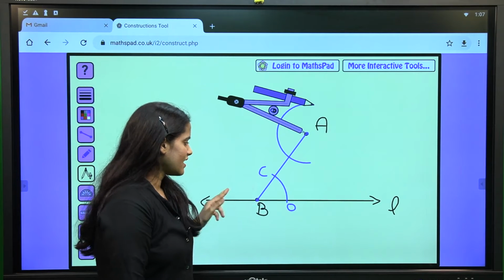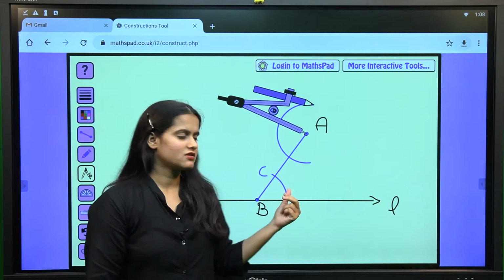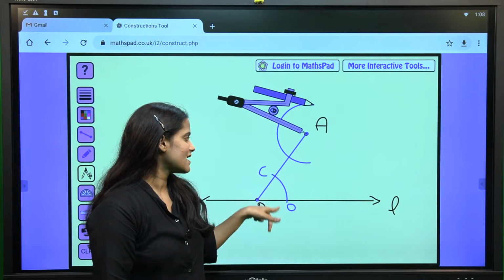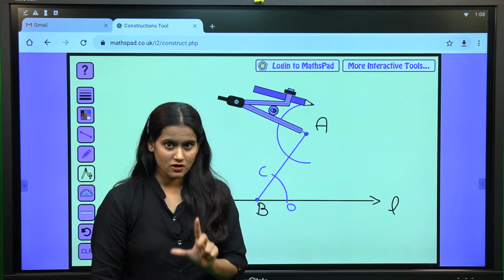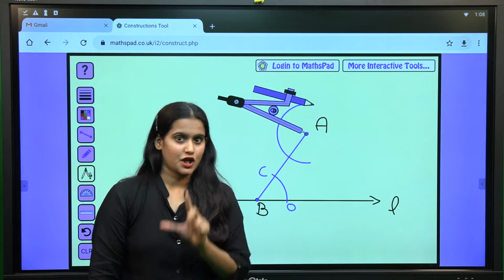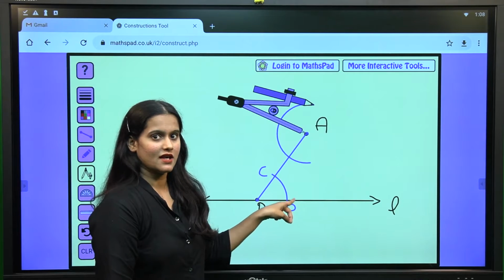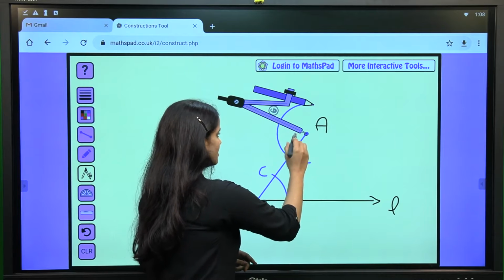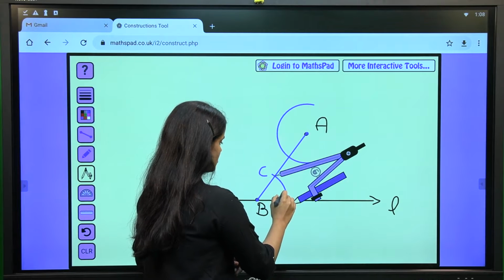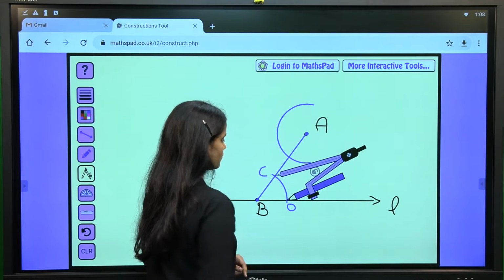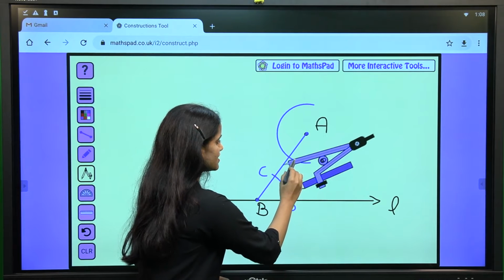See, first I draw the line, then I mark 2 points, then I join these 2 points, and then with any radius, I just draw an arc from point B as a center and from point A as a center. The next part is very important, where the radius will change. The radius now will be the length of OC. That is very important. Okay. Now take this point, keep it on C and take a measurement of OC or CO. Yeah. Now with this measurement,